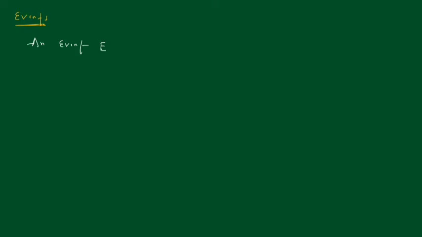Event is usually denoted by capital E. An event E is a subset of the sample space S. An event E is a subset of sample space S if the outcome of an experiment,